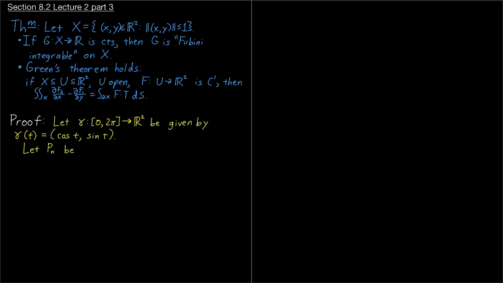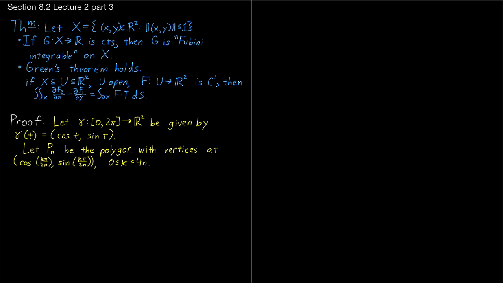We'll let that be the polygon with vertices at cosine k pi over 2n, sine k pi over 2n, for k between 0 and 4n. If you include k equals 4n, then you count the vertex at (1, 0) twice,